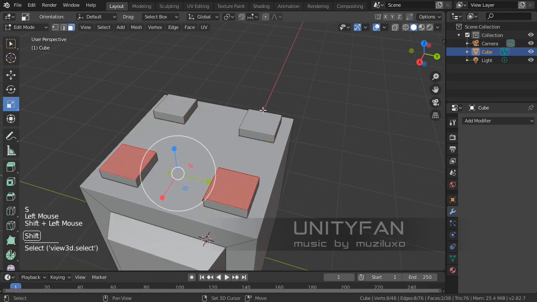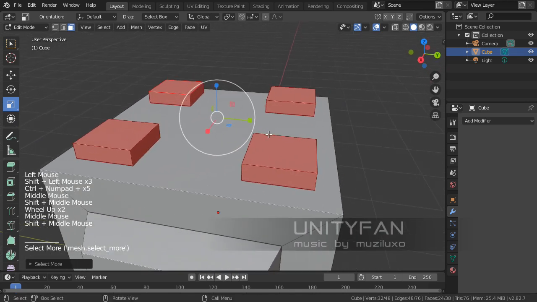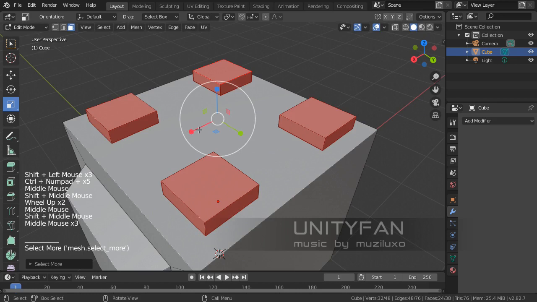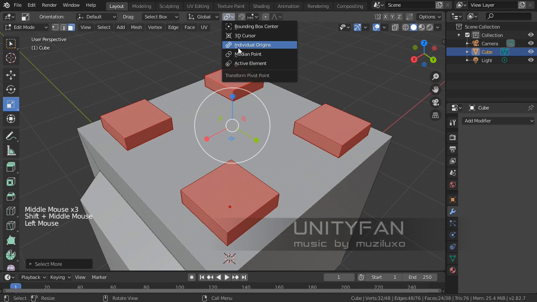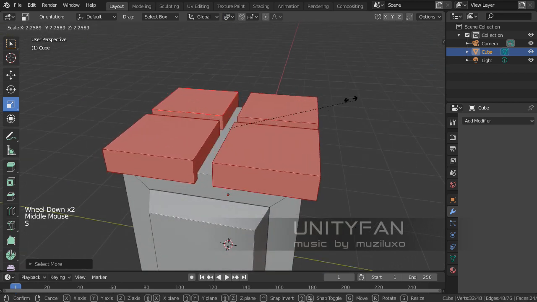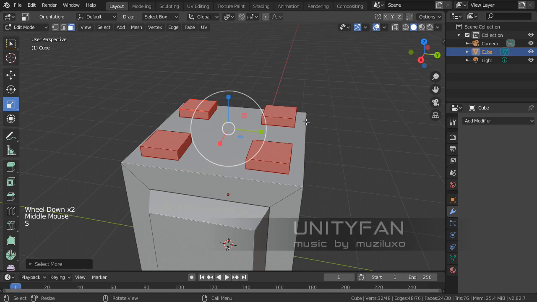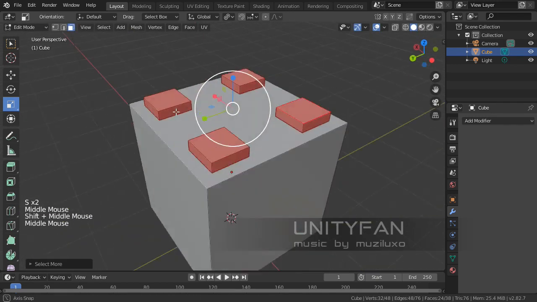But if we need each individual part to be scaled simultaneously, in a similar manner, we have to select individual regions. So that's one of the basic navigation things,